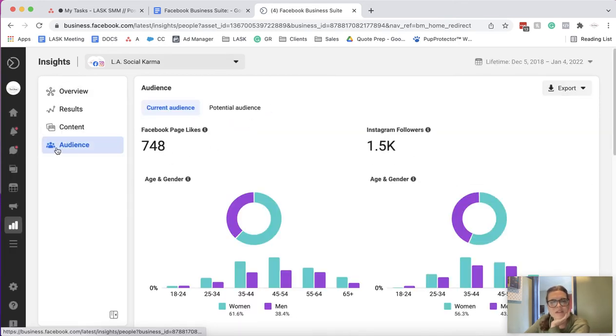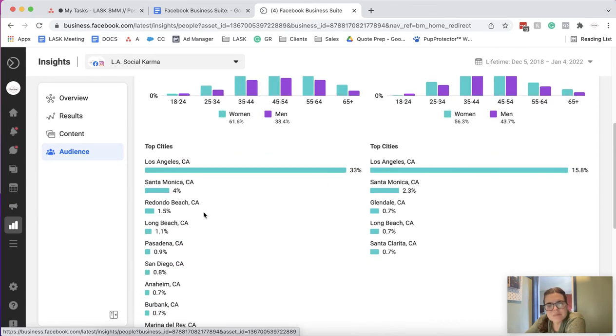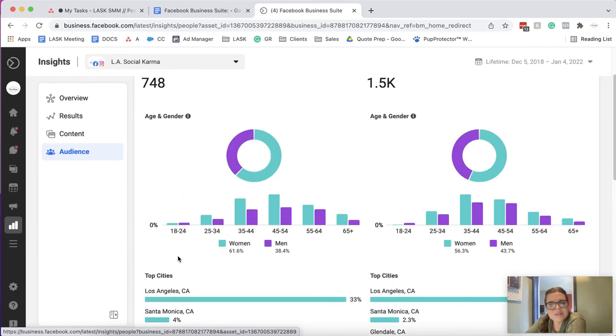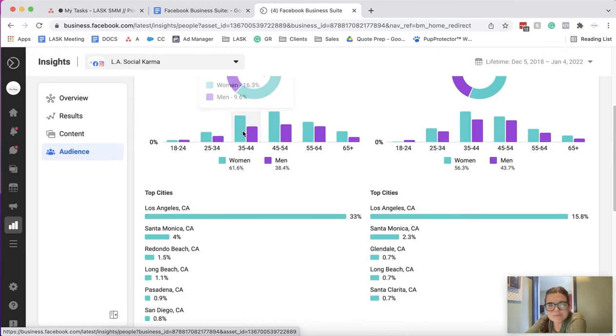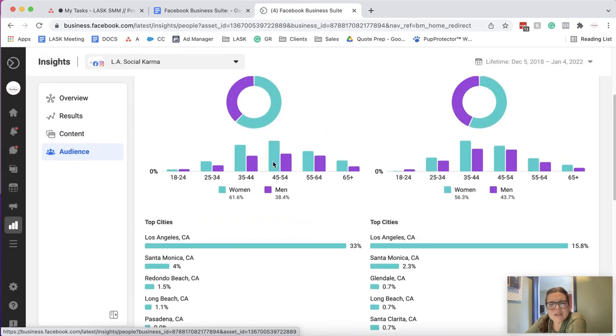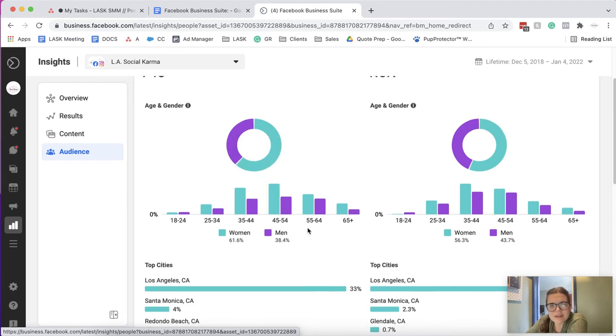The last thing is audience. So this is pretty cool. It breaks down the top cities where the people who are following you are located. So like, for example, this is our business page. So on the Facebook page, it is 38% men, 61% women, and our main age group is going to be 35 to 45, which makes perfect sense